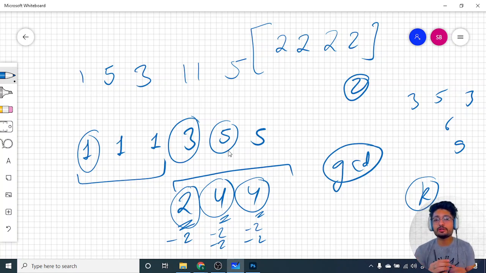But the problem says that you can choose any k maximum as possible. So k equal to 0 is also possible, k equal to 1 is also possible, because I can choose any large number, and that is possibly the answer, because I'm not doing any operation, but I can choose k as any value, and thus k can be very large. I can choose any large number. So it means that in this scenario, the answer will be -1, because I can choose any large number, and that is not even possible. So the answer for this case is -1 if all the numbers are same.